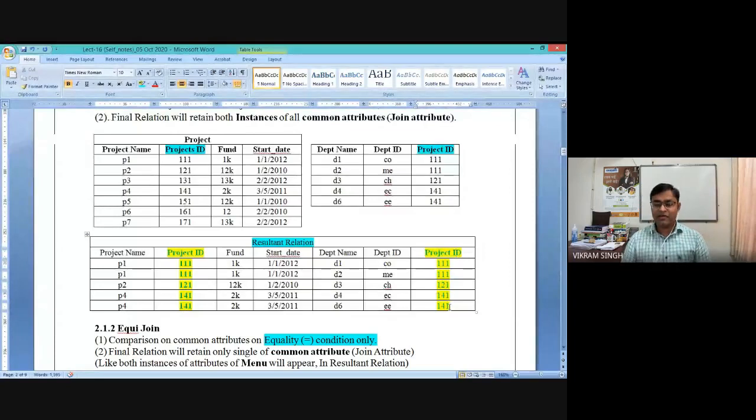And naturally, it is coming because हमने attribute तो उतने ही रखने हैं, attribute कम नहीं हो सकते. जो हमने Cartesian में भी देखा था कि in the resulting relation, number of attributes will be number of attributes in first relation plus number of attributes in second relation. So ये simply appear होंगे in the resulting relation. Like here in the project table we have 4 attributes, in the department table we have 3 attributes. So in the resulting relation we will have these 7 attributes, right?